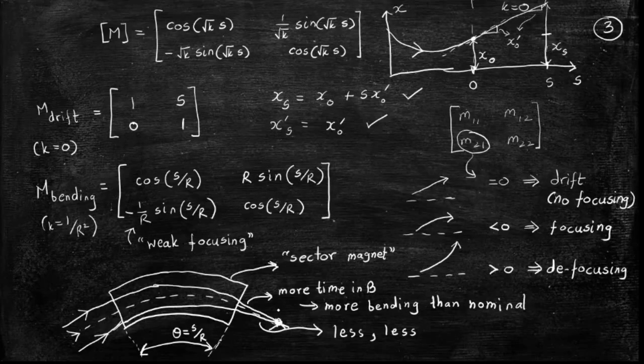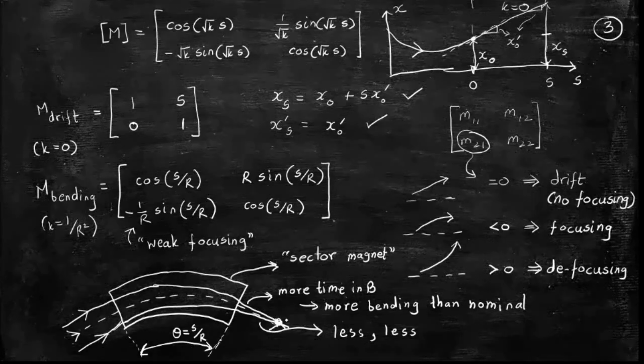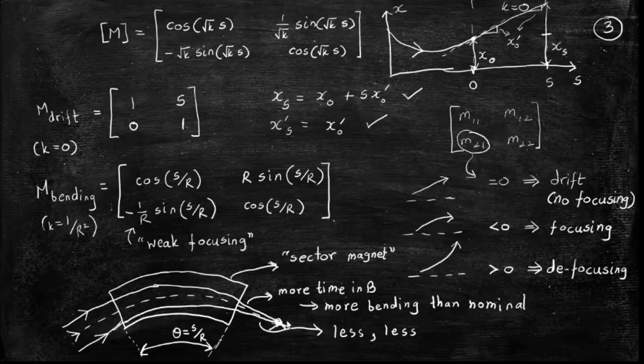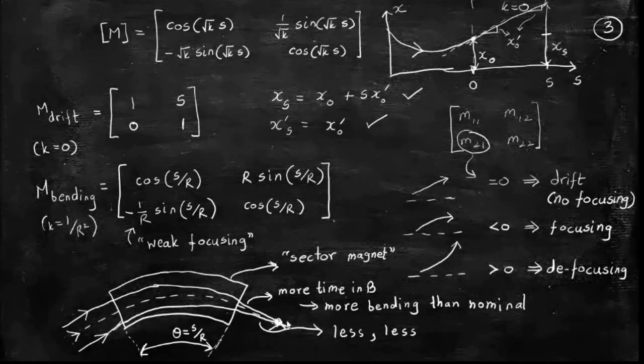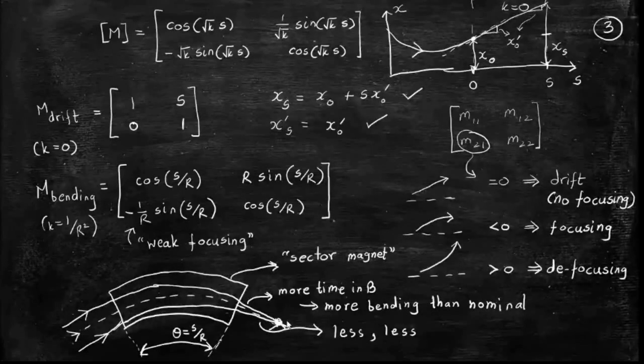You can see that this is not sharp focusing. They travel a very long distance and only later meet somewhere. You can actually try this at home on a piece of graph paper. Take a compass. The bending radius will be the same because the velocity is the same, by the rigidity formula. So the entry point is different in the magnet, but the bending radius is the same. Try to find out where they go and meet. They will meet at some particular point. So you will get a weak focusing of the particles by the magnetic field of a dipole bending magnet.